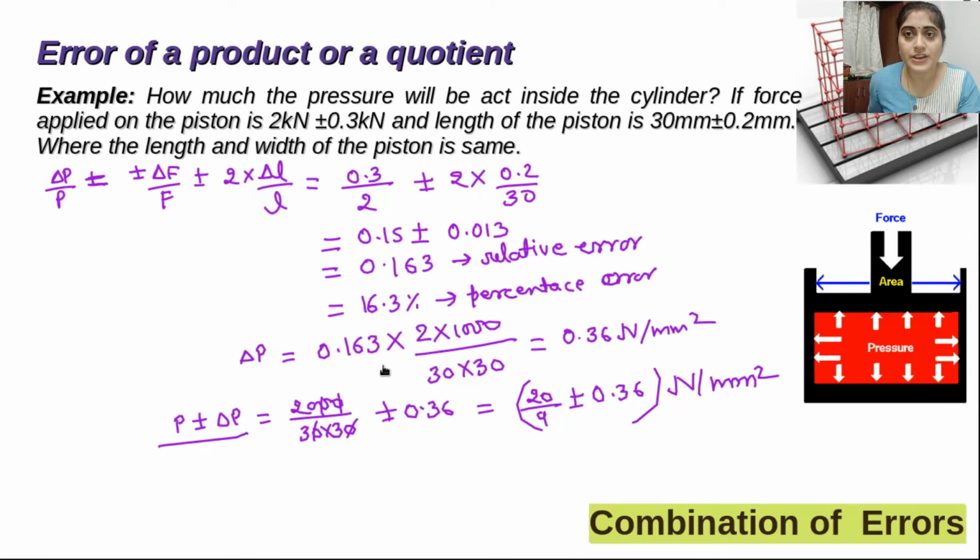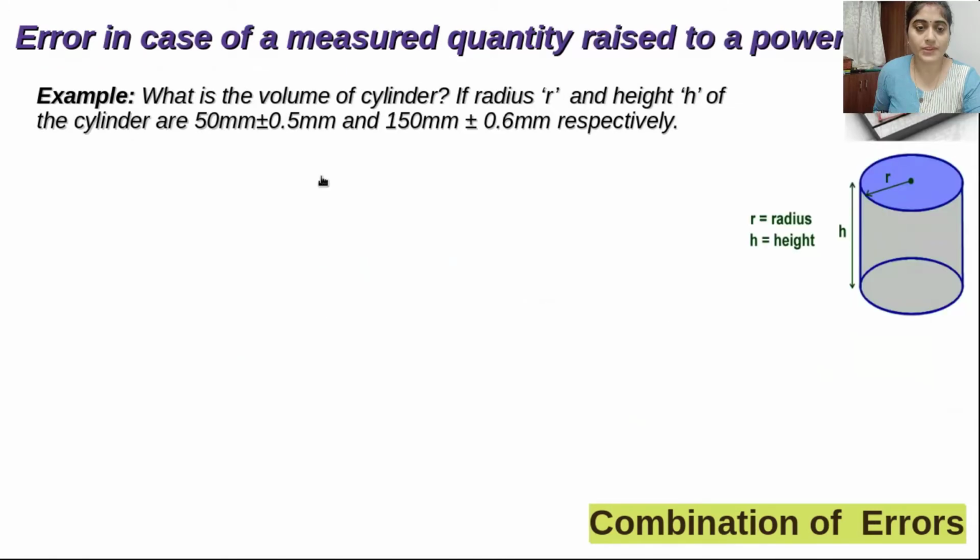Now again we will take one example which has a power, and in that also we are multiplying. Here again I have taken one problem in which we are multiplying two physical quantities, and a physical quantity having a power, but here I will not derive.